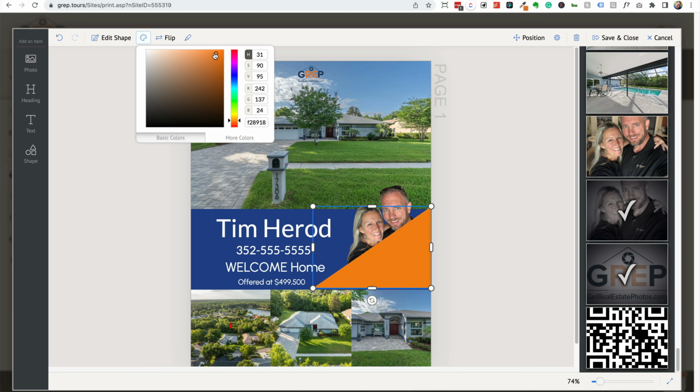So if I come over here, these are the oranges. So I start looking at these oranges. That's a better representation of what the orange in my logo actually is. However, I have a hex decimal that I can use to make it exactly right. So I'm going to paste that in here now. So I paste in that hex decimal. I press enter. Now this is the exact color of my